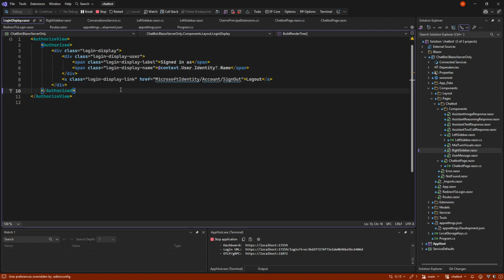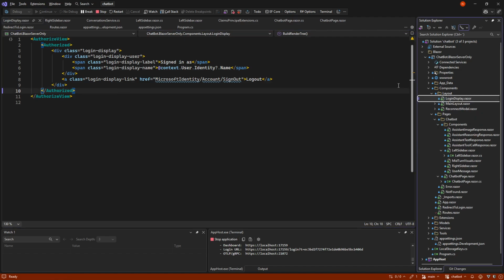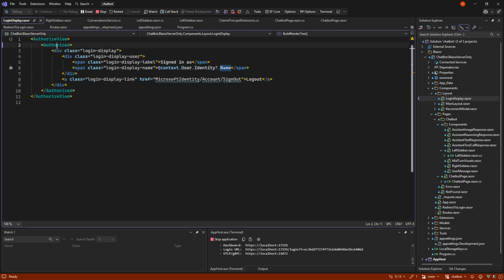So that's just a small component up here where we just show the name. So inside an authorized view here, we can use context to get the user and a link to a sign out page. So that's more or less the setup of this.